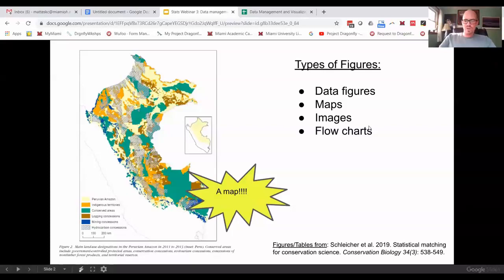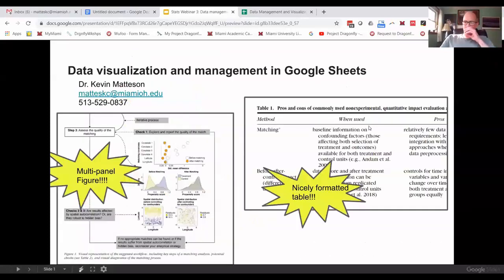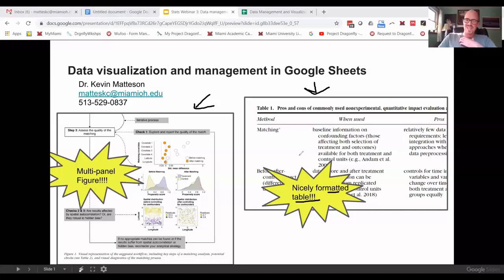So I wanted to start off with this first figure here. These couple, actually on the left down here is a figure, and this of course is a table. And I say here, nicely formatted table, and I'll explain what I like about it, but in general, you'll notice